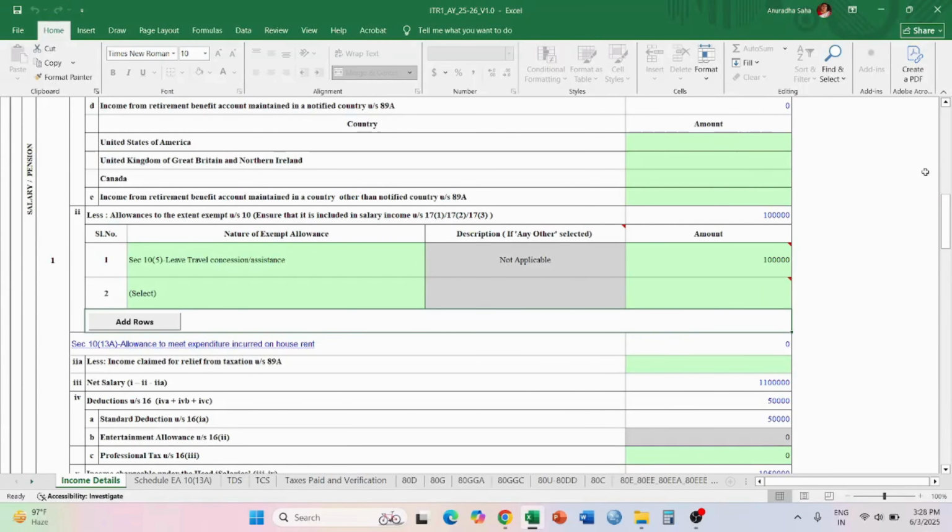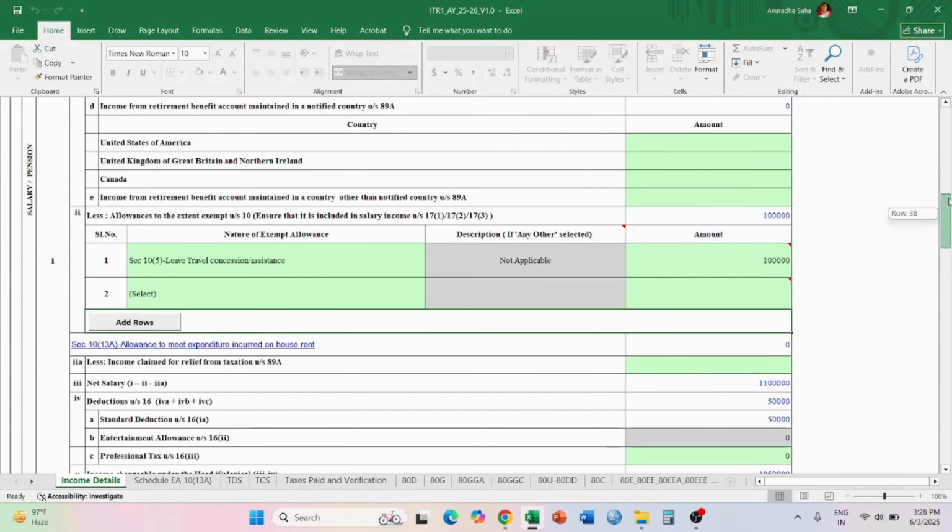My total salary was 12 lakhs as I have written over here, and here I am subtracting 1 lakh. See, it is given here less. So finally it is coming over here as 11 lakhs.